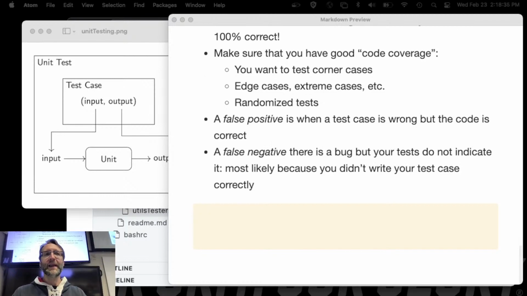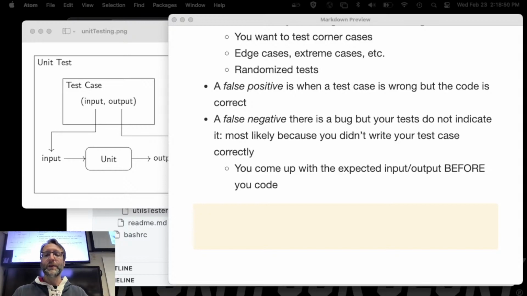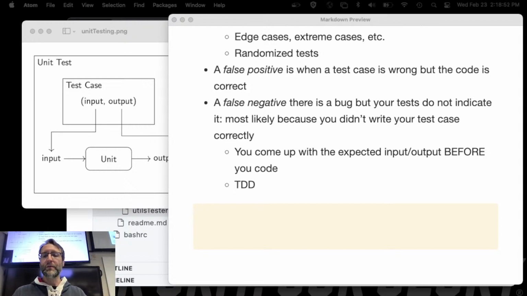How do we write a test case correctly? You come up with the input, output, or the expected, I should say, expected input, output before you code. This is called test-driven development. Now, it can be done in parallel, it can be done after, but the cardinal sin that you do not